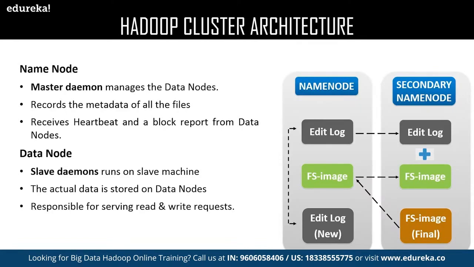The name node is responsible for managing the health of all the data nodes. It receives a heartbeat from all the data nodes at a particular interval of time, and it also receives a status update of the task assigned. If any of the data nodes fails to respond with a heartbeat, then the name node considers the data node to be dead and it reassigns the task to the next data node.